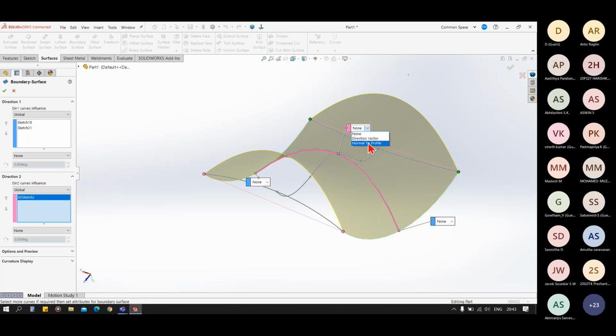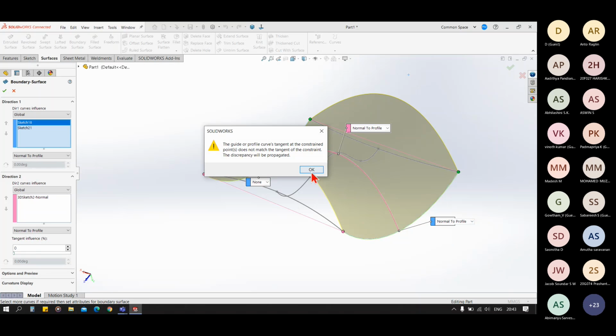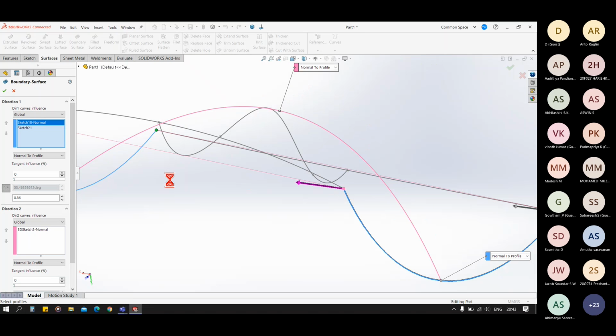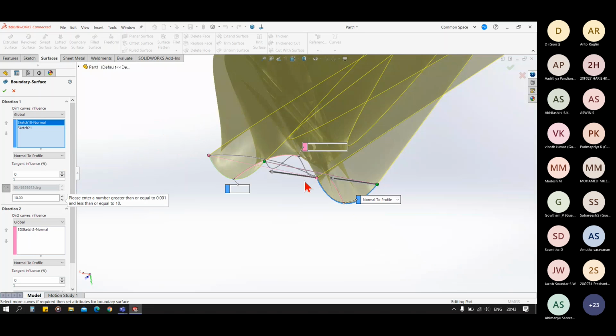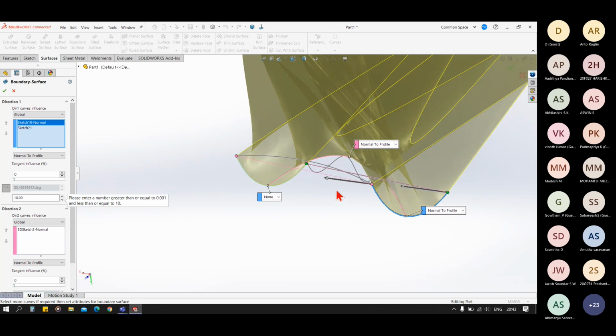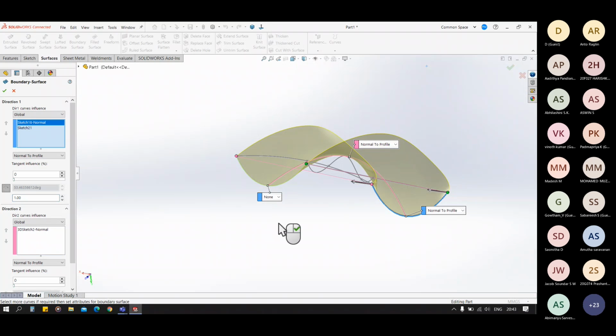Okay, now you see this arrow here. When we increase the length of it, it actually gets messed.